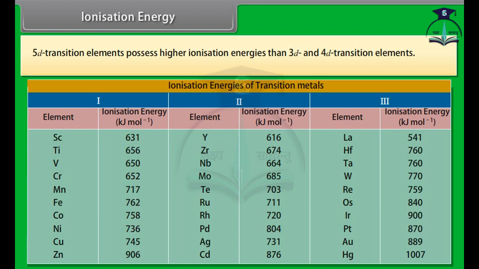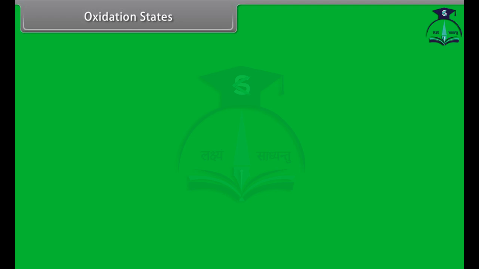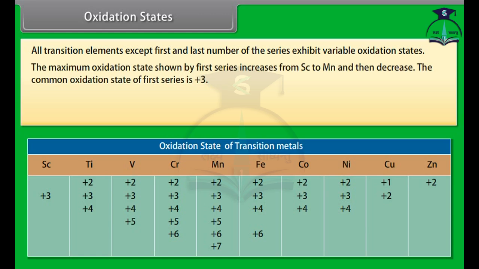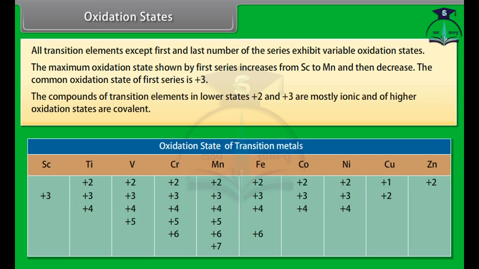by 4f electrons. Oxidation states. All transition elements except the first and last member of the series exhibit variable oxidation states. The maximum oxidation state shown by the first series increases from scandium to manganese and then decreases. The common oxidation state of the first series is +3. The compounds of transition elements in lower states +2 and +3 are mostly ionic and of higher oxidation states are